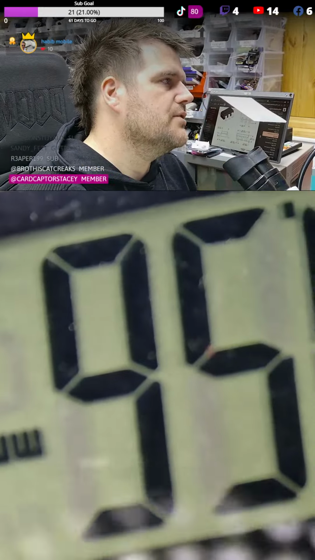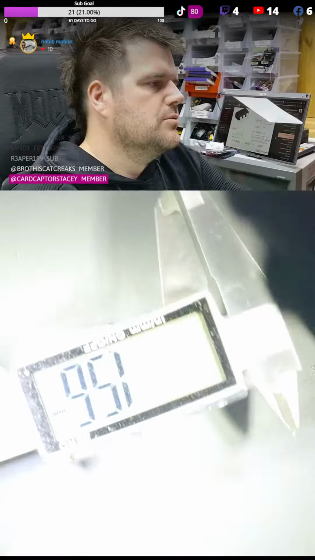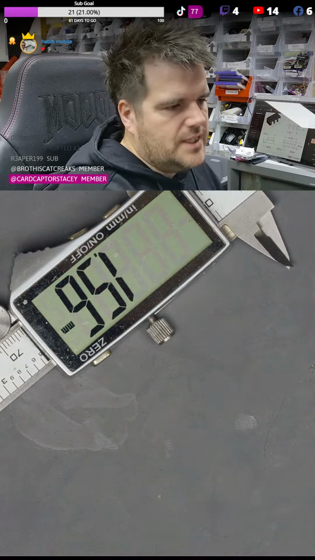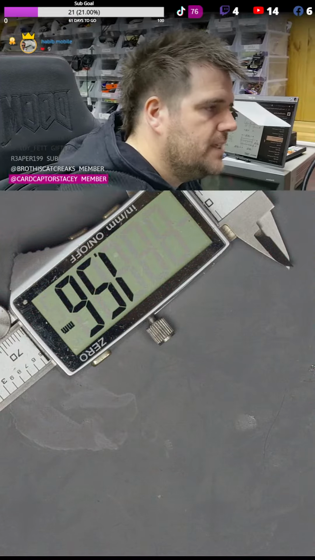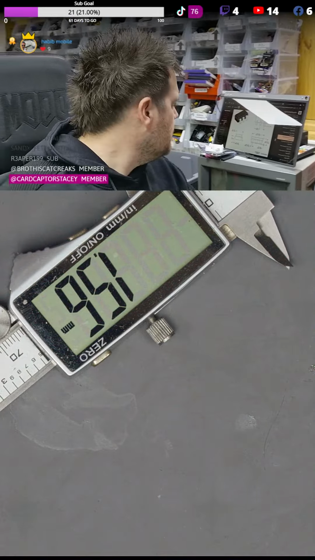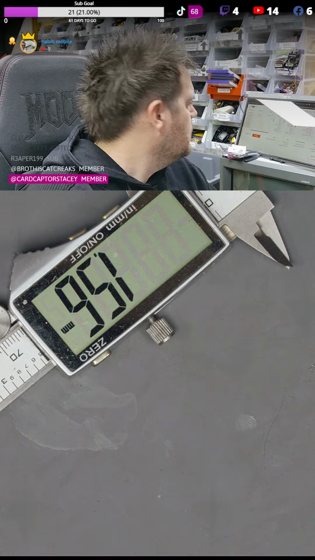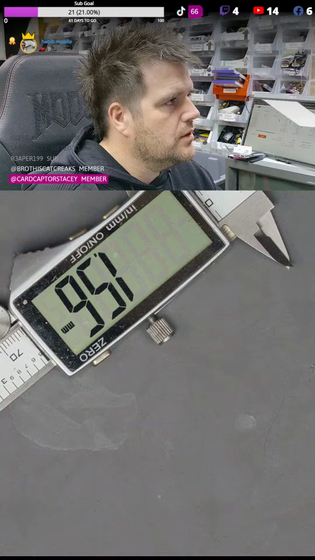There you go, 1.56. So zoomed out a bit, you can see we got 1.56. So we've identified that package as a SOT23-5. So now we know that, we can narrow our search in DigiKey. So if I now pull that back up,